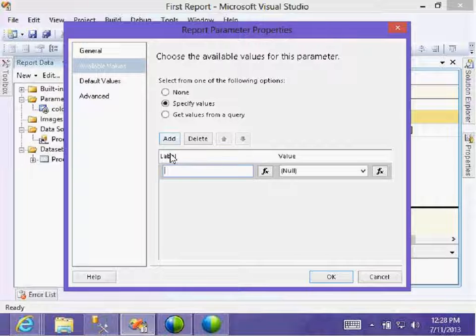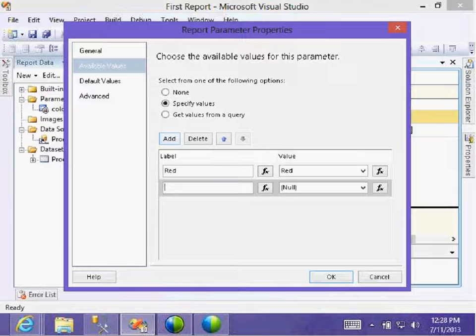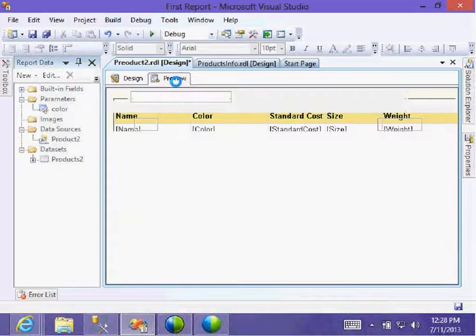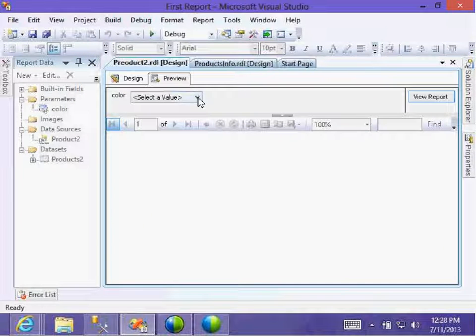Then whatever the colors, red, black. Okay. Automatically, a drop down will come. Red, select the red.